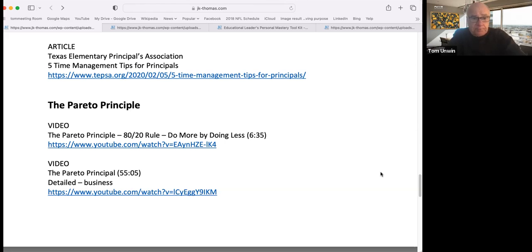But again, the Pareto Principle, if you're not aware of what it is, it's the idea that 80% of the problems, say, come from 20% of the actions. 20% of people create 80% of your problems, and I can tell you a little story about this. And they're very, very good at explaining what the idea is. And it enables you, when you start using the Pareto Principle, and if you come away with anything, the Pareto Principle is a wonderful thing to help you manage your time. And I can give you a story about how I used it when I was an assistant principal many, many years ago.